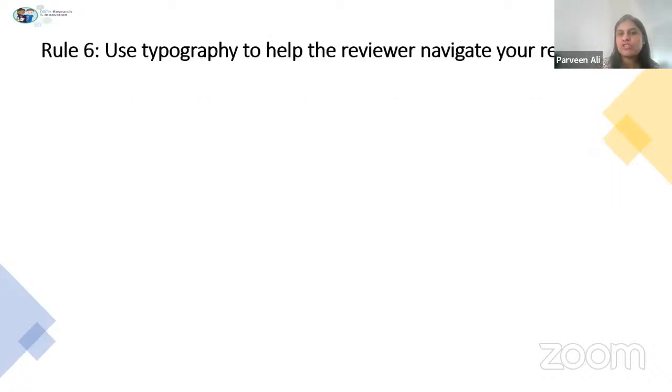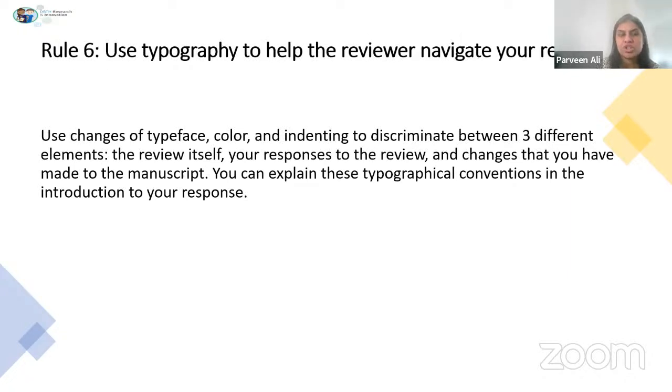Use the typography to help the reviewer navigate the response. So use change of typeface, color, or highlighters or something like that in a way that helps them understand what changes you have made, where they can see the stuff is coming from the reviewer, where is your response, or anything else. So it can be done within the reviewer